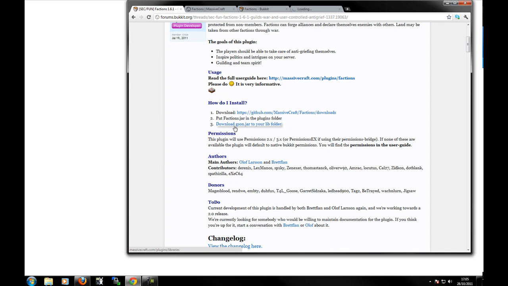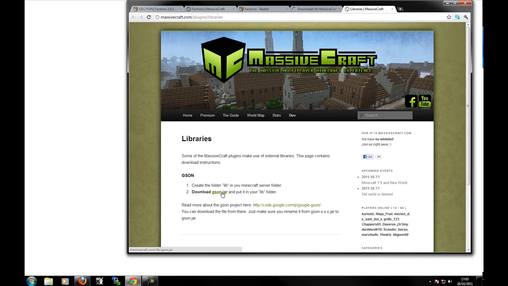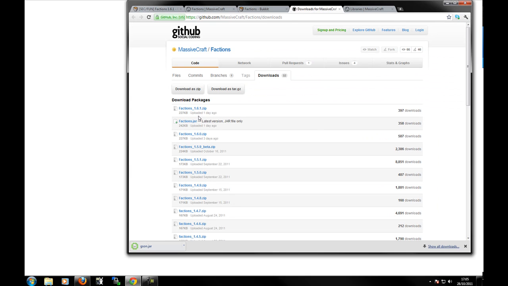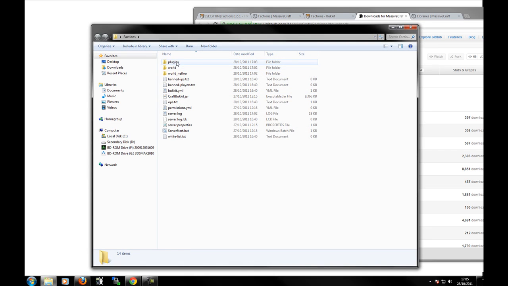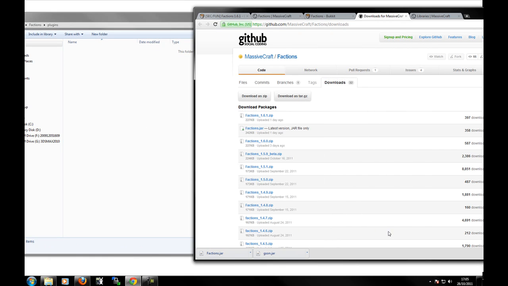And we also want the JSON library as well. So we'll download this, keep it, and we'll download the latest version. Faction switcher. Let's go for that one. So keep both of those, and open up your factions directory or wherever it is. In plugins, you're going to want to